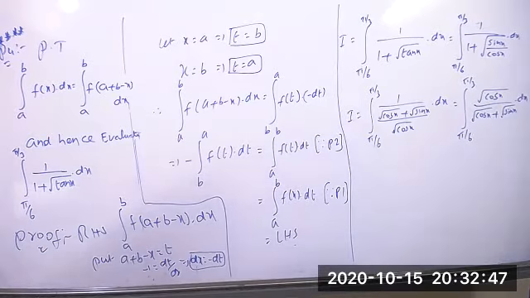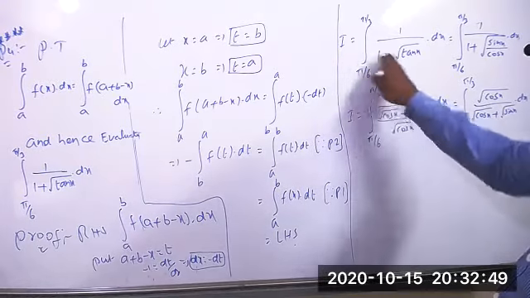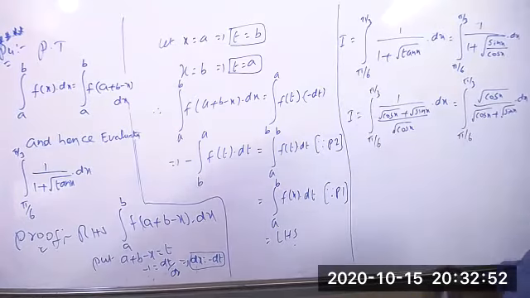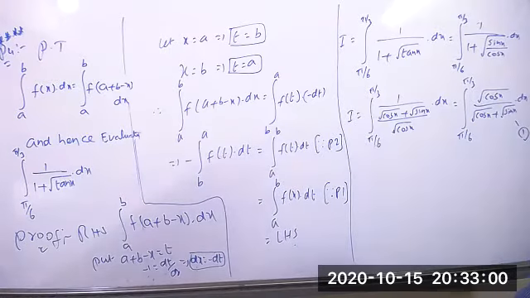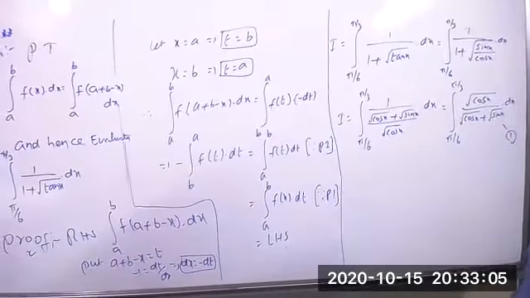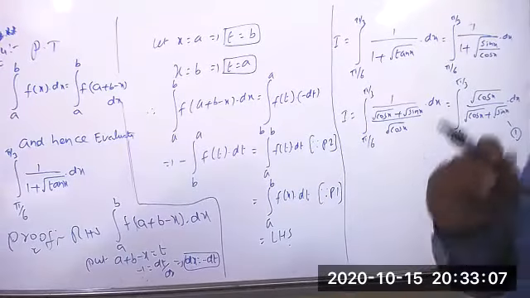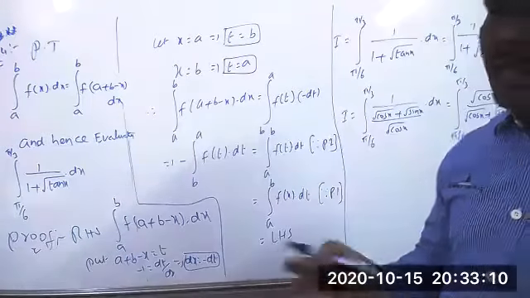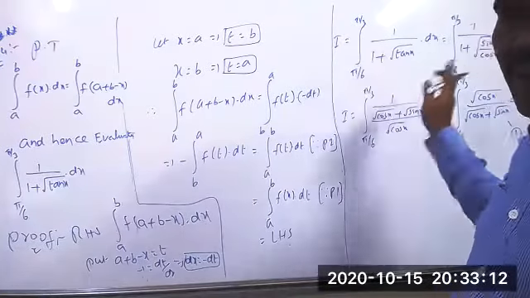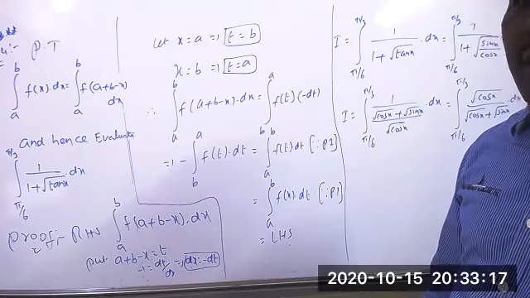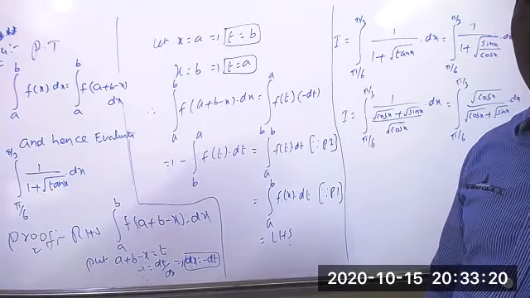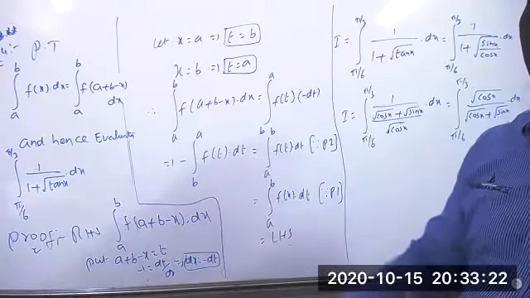Now we can apply the property. That means this is the actual value of I, the given problem. Now we can take directly this as equation number 1. All of you should remember that, it is more important. Before applying the property, the given problem itself is equation number 1. After applying the property, you take equation number 2. Now we have to add the first and second equations. The required answer you will get.